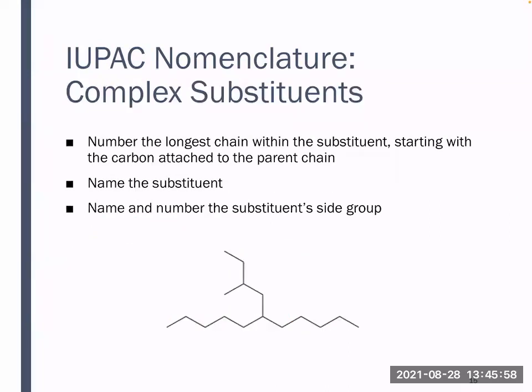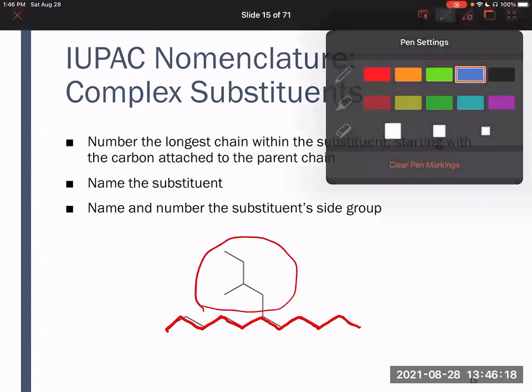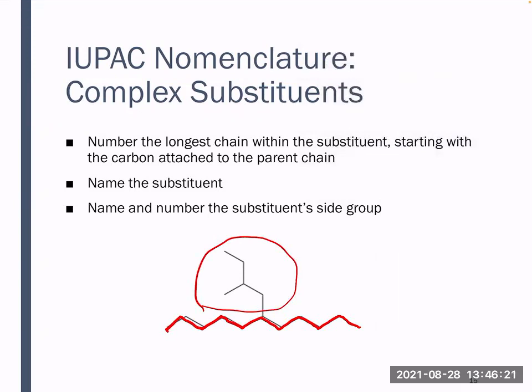Sometimes we have complex substituents. So let's look at this molecule here. The main chain, we want to find that. That's going to be this right here. So that's your parent chain, which makes this a substituent. And this substituent here is not so easy to name, right? It doesn't just have 3 carbons in a line. It looks quite a bit different than that, right? It has things coming off of it. It's just not a straight line. So when you do this, you have to